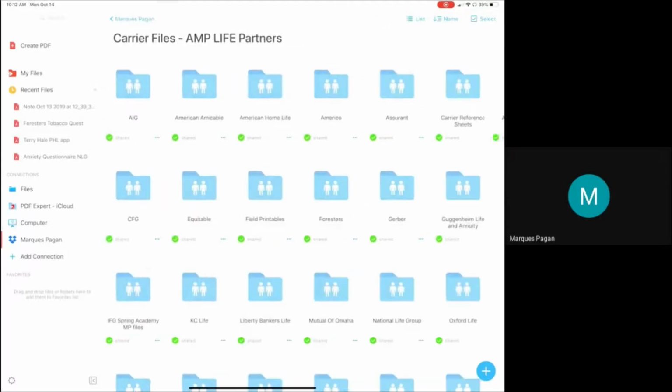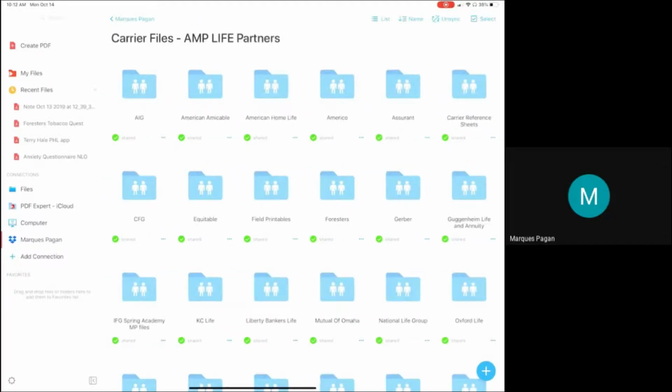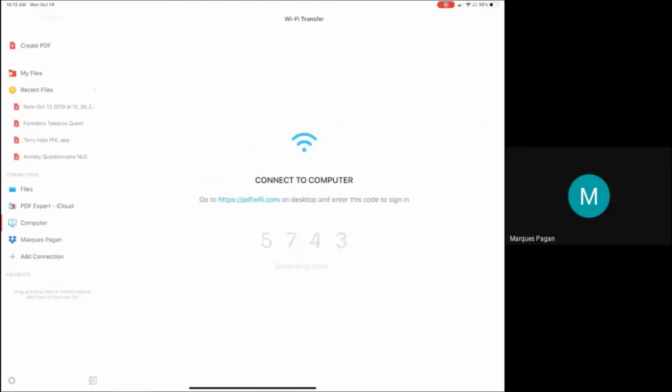So what I mean by everything, let me see. Yeah, this one has everything. All the different underwriting guides, the brochures, all that stuff that technically I don't need on this application. On this, I really just need the applications, just to make it a little bit cleaner. So there's a cool feature called Computer. If you hit this, it's going to bring up a unique